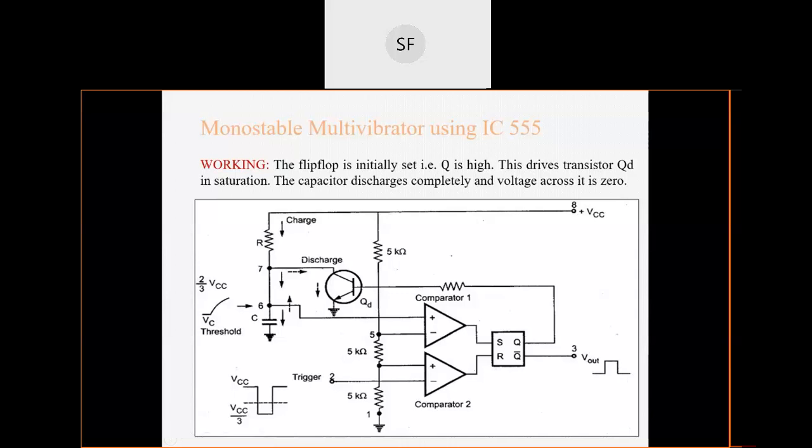I hope you got this particular point. It is actually a little bit difficult, but just follow the steps and you will easily remember this thing. There is no need to learn by heart. Just proper steps follow करते जाओ and you will be remembering this whole working. मतलब आपको आउटपुट में ये पल्स कैसे मिली है.